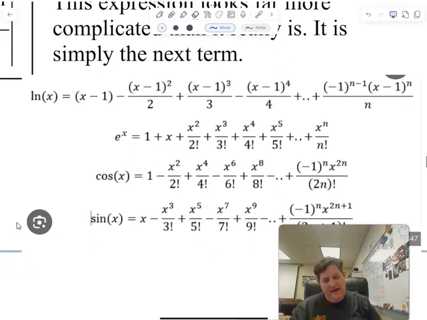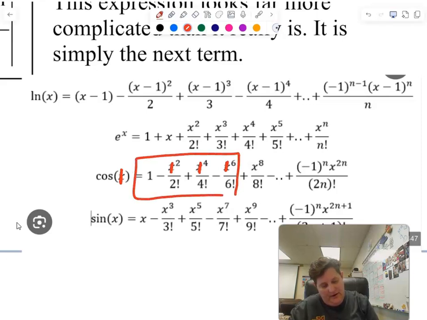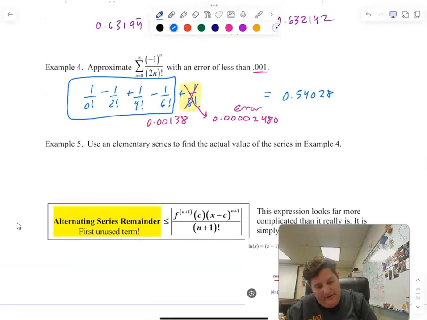Okay, so we have ln, we have e to the x, we have cosine, we have sine. Which one does it look like? Obviously it's e to the x, right? And it's e to the x if specifically x is 1, because 1 over 2 factorial, 1 over 4, 1 over 6, and even the negatives match up. So we were going up to that point, but to find out the actual thing all the way out to infinity, we'll just say that it's cosine of 1, because this is an elementary series for cosine, and it's